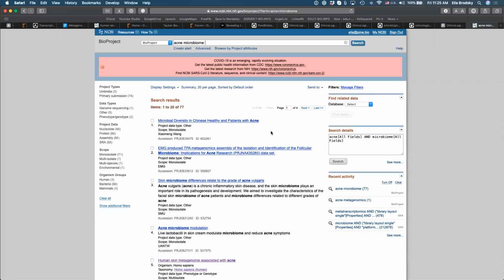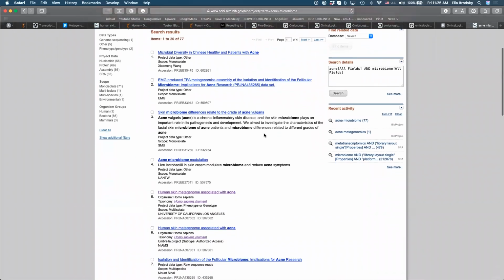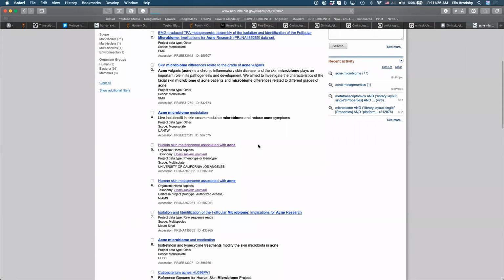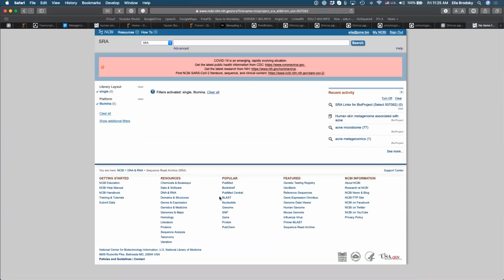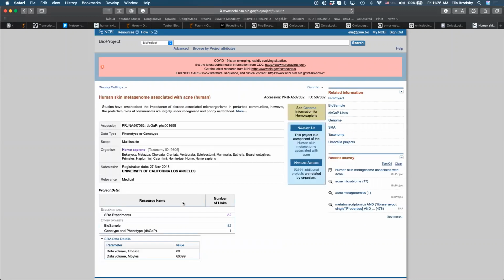So if I find a number of bioprojects here, you can see that some of them will include many samples. And obviously, it is not always a requirement to take all of your samples. So here, for example, you have 82 samples. Previously in this data 2 pipeline, we only analyzed 6 samples, and it's still going to take some time. So 82 is definitely going to take a longer time.